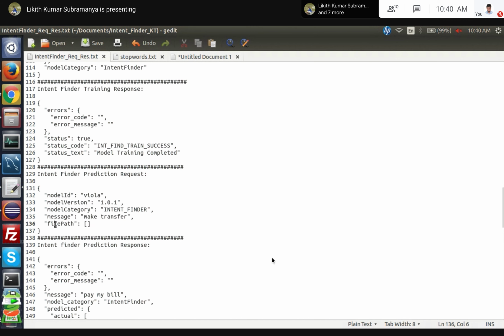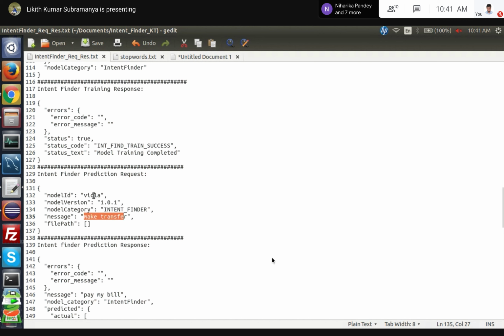Then the file path: you can give the file path, or you can just leave this empty. Then it will go into the database and fetch the model files based on the model ID and version. Or else you can give the model generated file paths in this node. So this is the request format for prediction of a model.